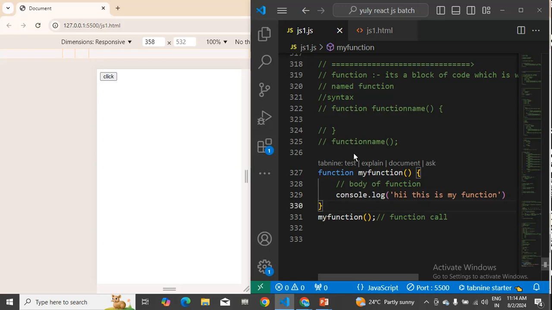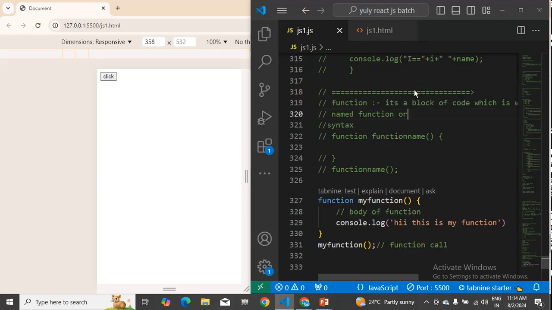Any doubts in this? How to declare one of your function? So this is the important point you guys should know. And this is nothing but, till here, function declaration. So you are just declaring one function. So I can write here